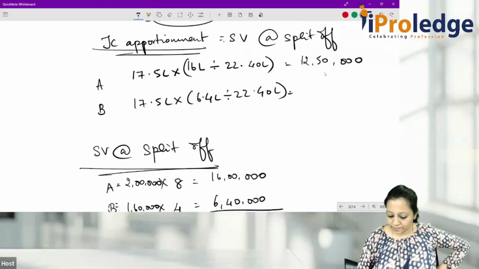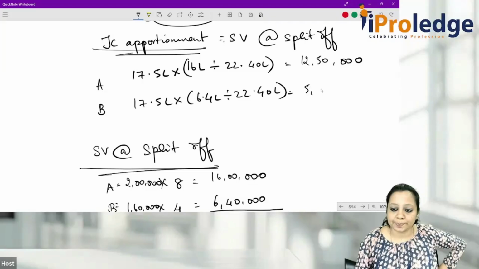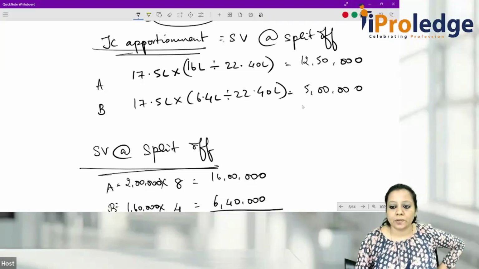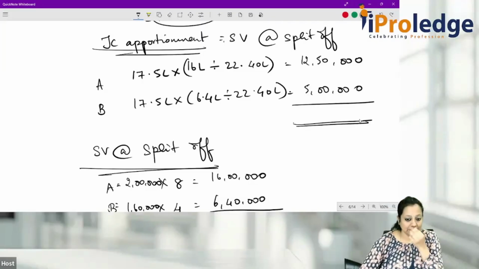And five lakhs for B. Obviously, if you total, you'll get 17 lakh 50,000. So now,